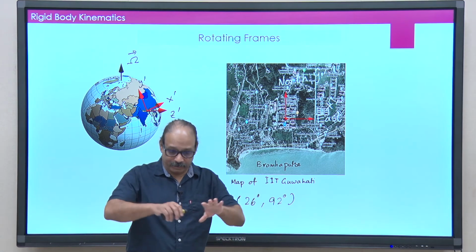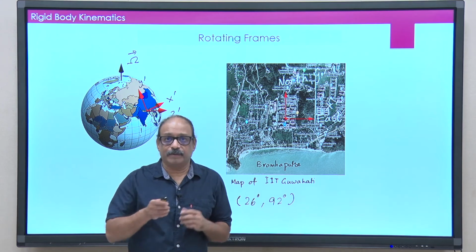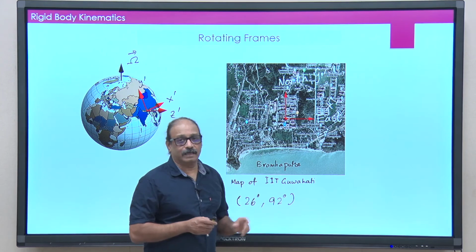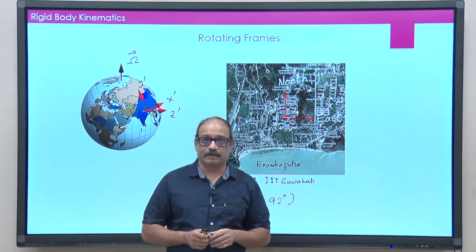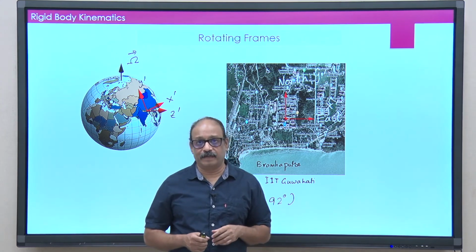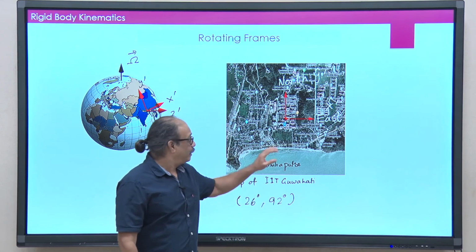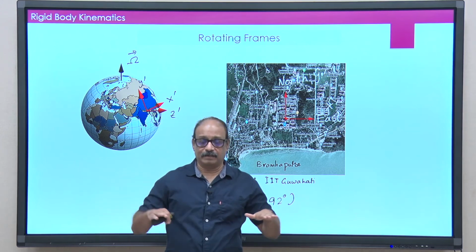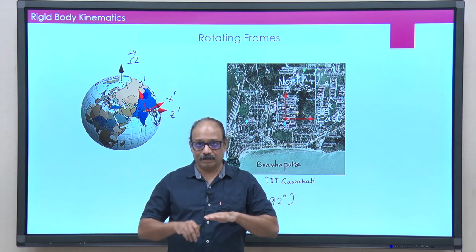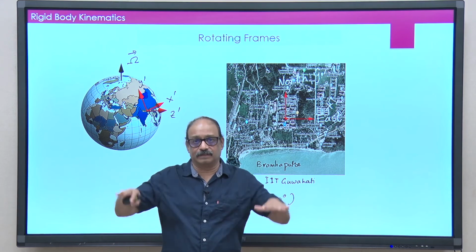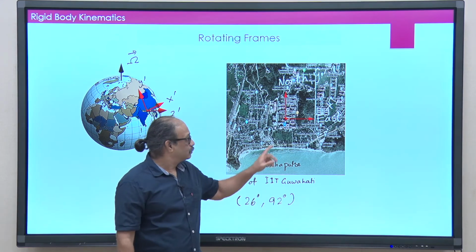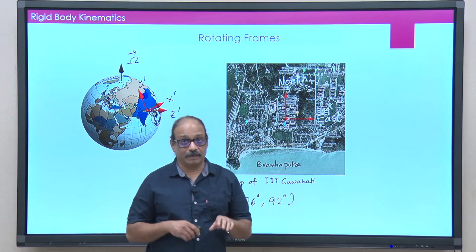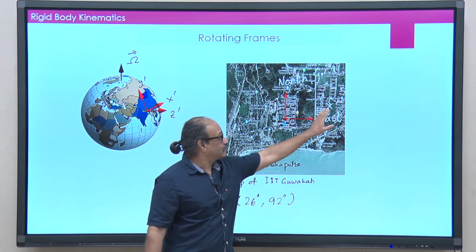So, in our surroundings, we set up a coordinate system, and the typical coordinate system that I set up is one where the z vector we always take in an upward direction, and then the other two axes are along the plane that we locally see. Locally, we do not see the curvature of the Earth, we only see Earth as a flat one. So, if I put my x axis, because we are in a rotating frame, I should call it the x prime axis.